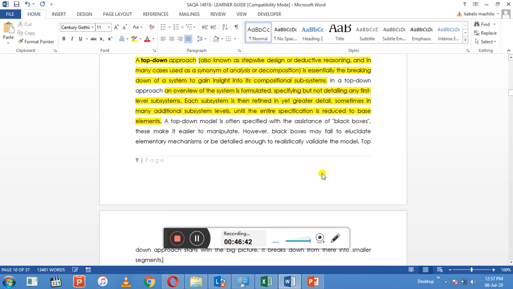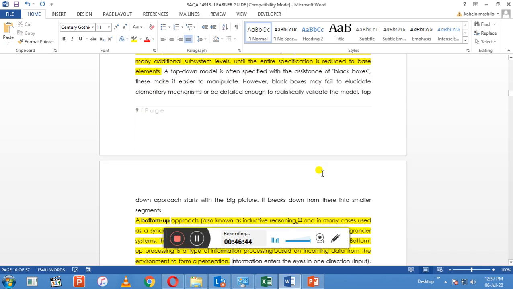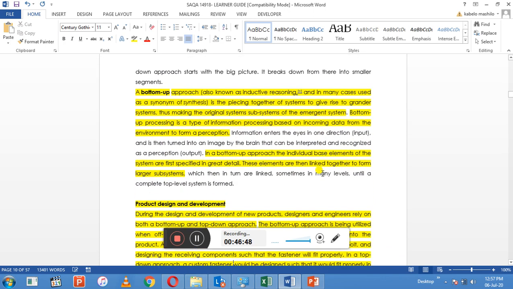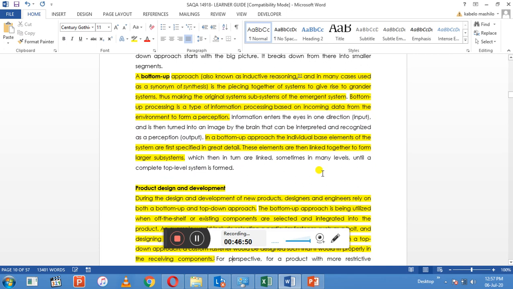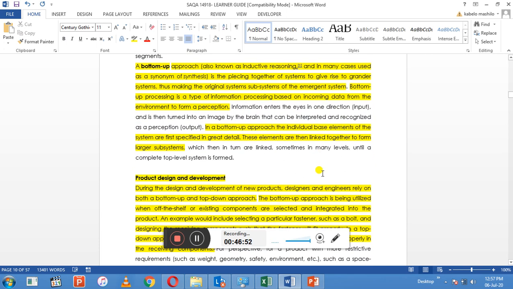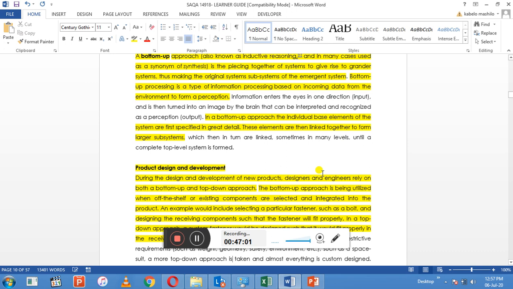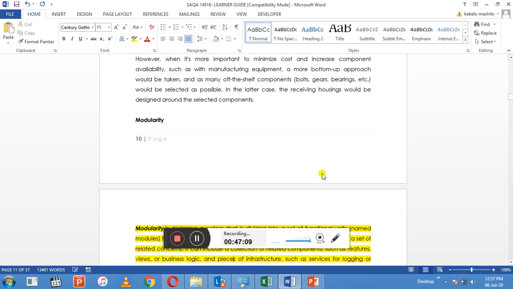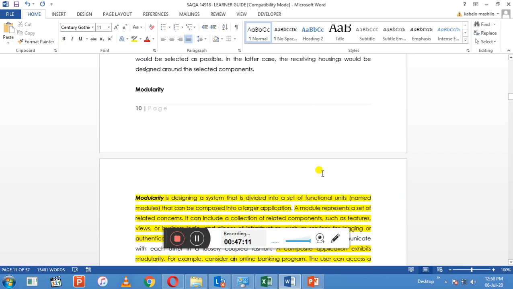You need to understand the difference between them. In product design and development, during the design of new products, engineers and designers rely on these two approaches, the bottom up and the top down. So you need to know that. Just read through. And the modularity,